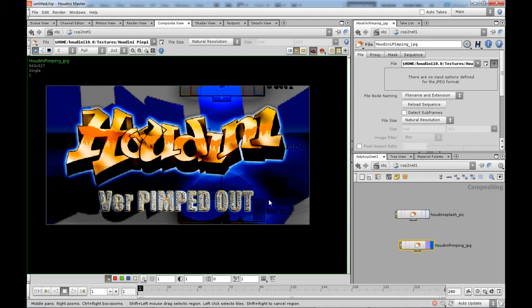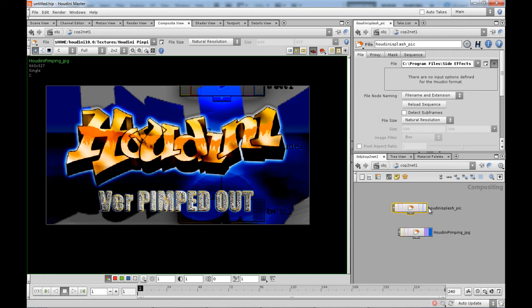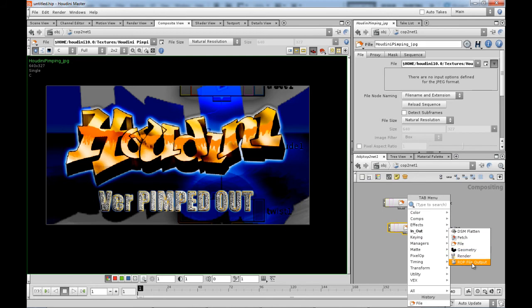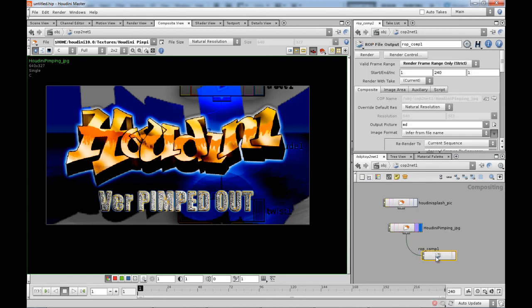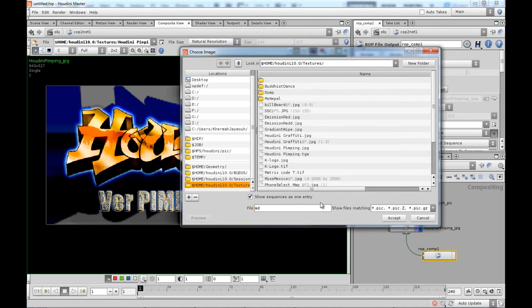Now all you gotta do is resave it out in the same format as it was earlier, on the same drive, in the same folder where the other file is, which is the Houdini splash, and name it the same way. Actually, you are supposed to name it the same way. So we're gonna go ahead and do an output. So render output file, and we're gonna be rendering only one frame. So render any range, so it's gonna be only one frame, and we're gonna change the output image to, well,